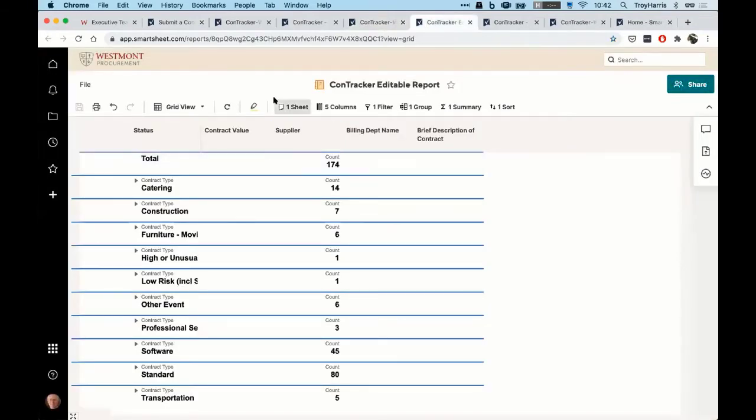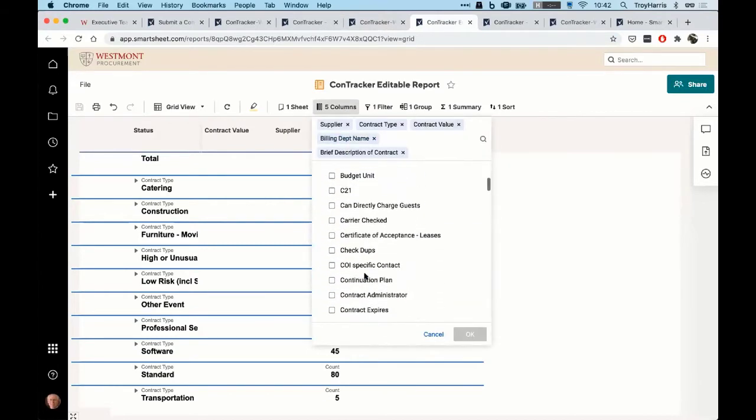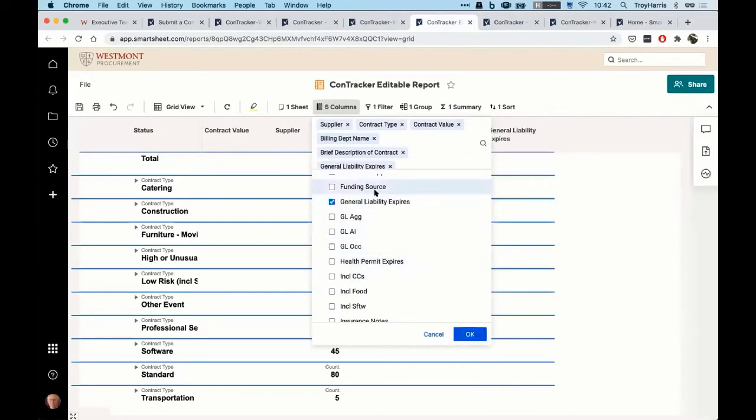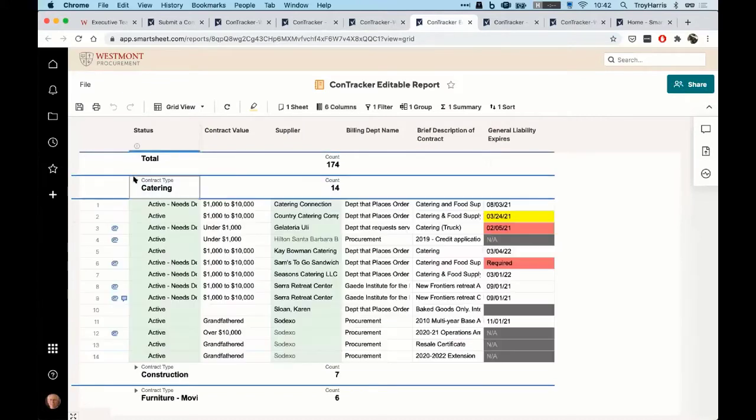The editable report I thought I would show you. Let's say you want to find out something about this contract. You can just go pick your columns. Let's see, I want to find out when general liability requires. GL expires. Here we are. So if I look at that, I can take a look at when does the GL expire, and I could even